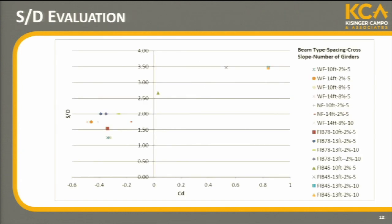And we go, okay, well, that's not working. Let's start looking at something else. So we go, okay, let's zero in on the 3rd girder. Remember how much variability there was in that 3rd girder? So we said, let's chart the drag coefficients, which is on the x-axis, and the spacing to depth ratio, which is on the y-axis. And what's very interesting, you can see that